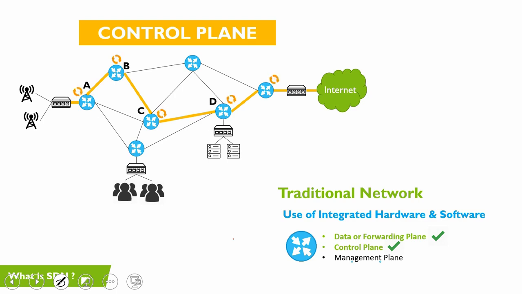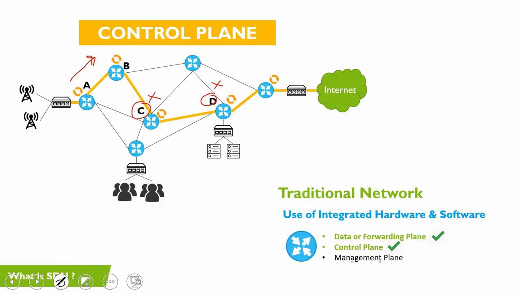For an example, in traditional network, router A decides to route the traffic to router B on basis of the brain applied by itself, that is router A. I mean to say router A is taking the decision where to route the traffic. Since router A doesn't know what is happening in the life of the subsequent routers such as router C or router D, this can be a point of concern. If there is some problem with router D, router A never comes to know because router A is not speaking to router D directly. It's going via B, C and then ultimately reaching D.